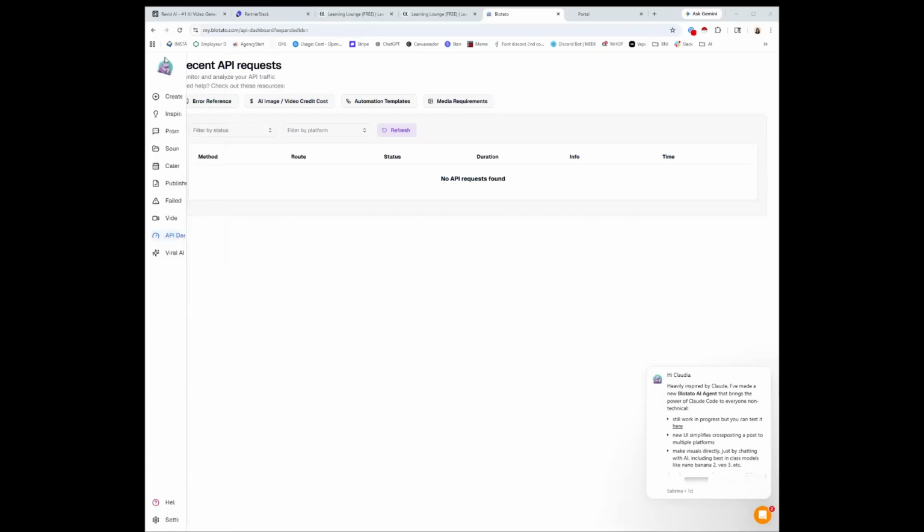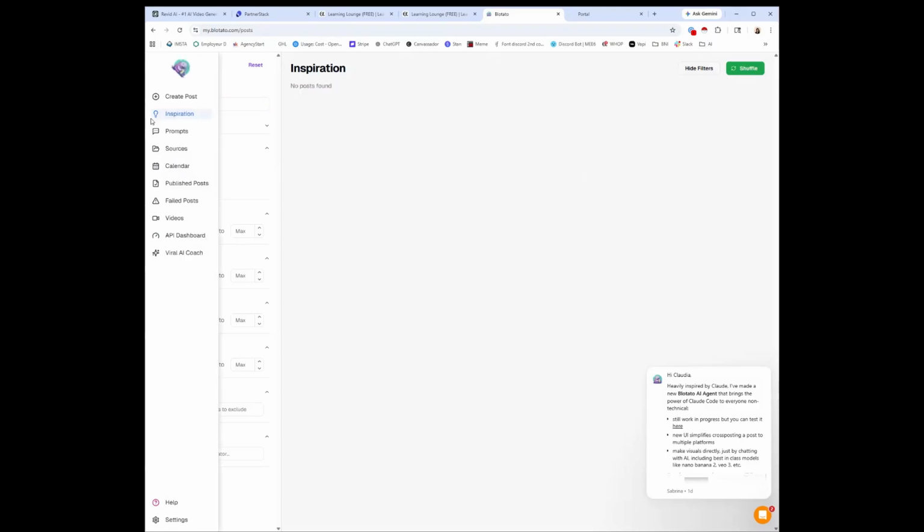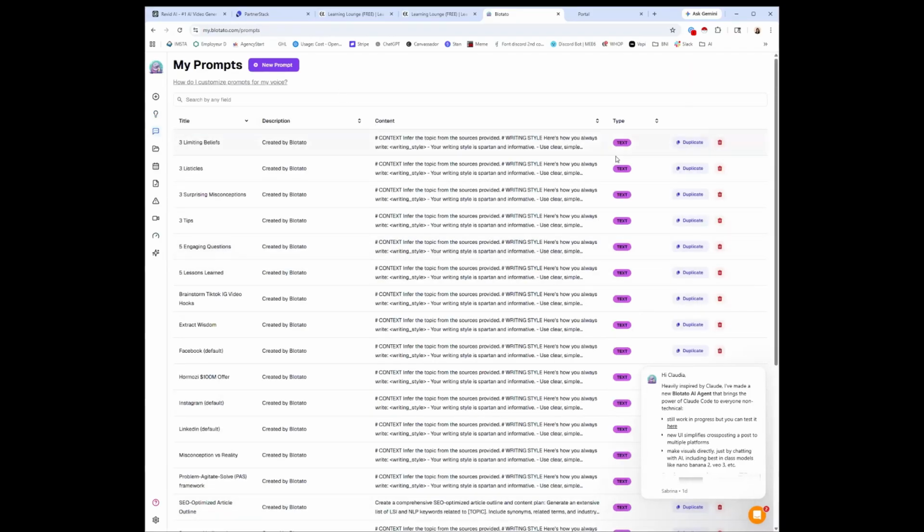So on Blotato, if you get it, I think it's fairly affordable. You can use inspiration. Once again, if you do not know what to post about, you can do AI, get inspiration, shuffle. For now I'm not setting it up properly, but you have prompts.